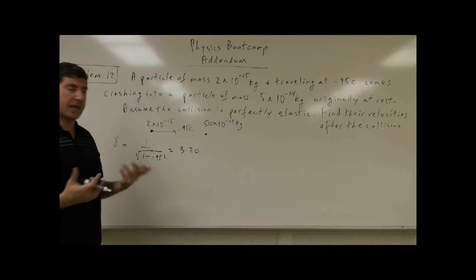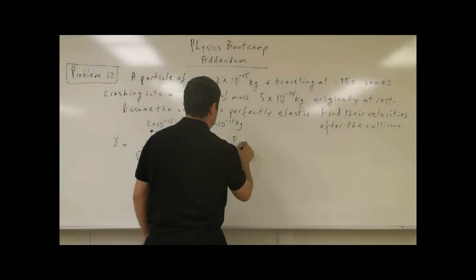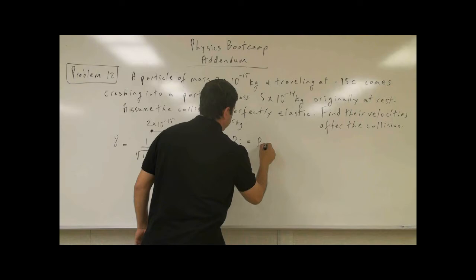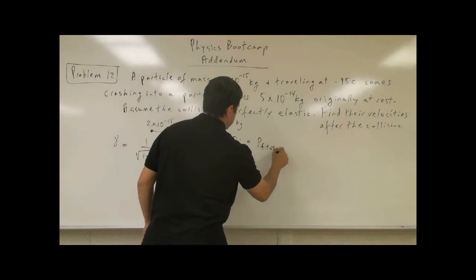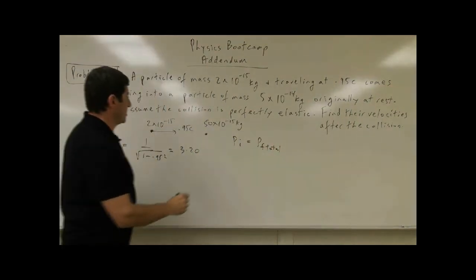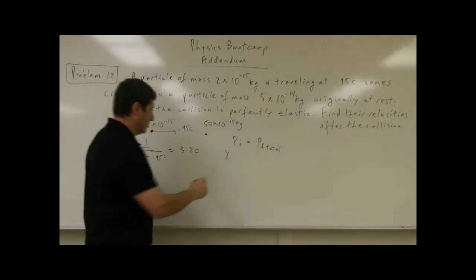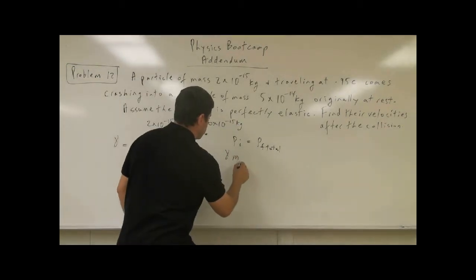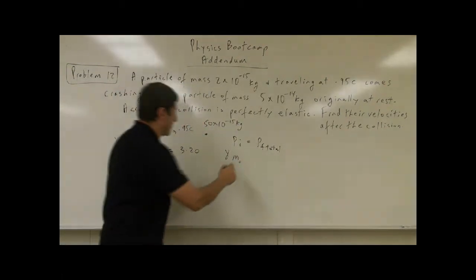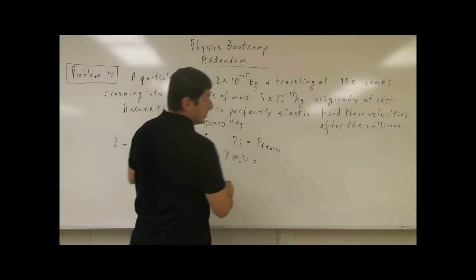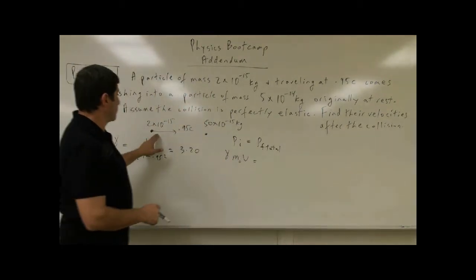Okay, so basically what's happening here is momentum initial has to equal momentum final total. Initially, the momentum is the gamma initial of the incoming particle times the rest mass of the incoming particle times the velocity. And then that one is going to equal, well, after the collision, basically,